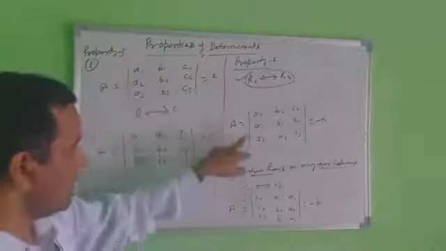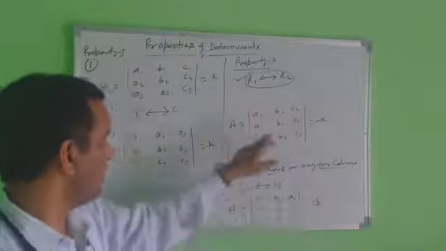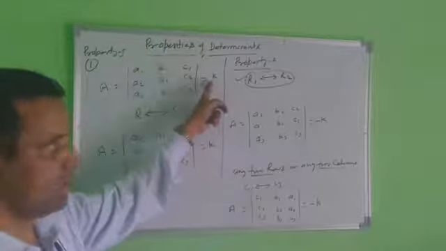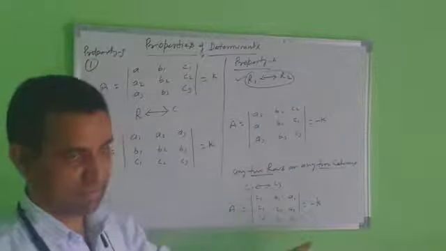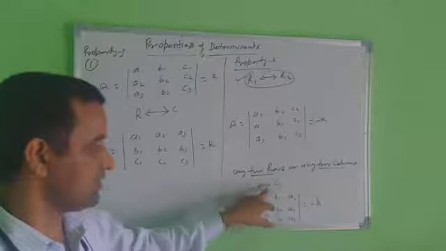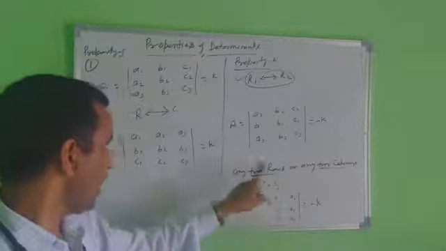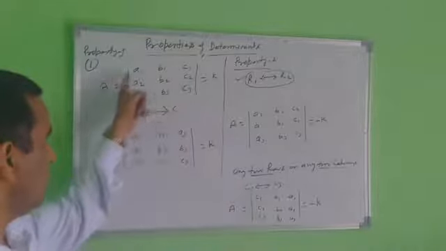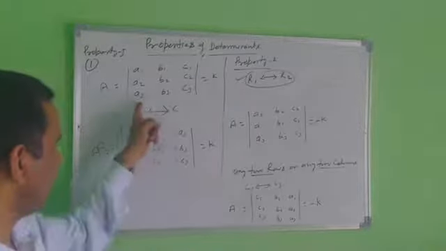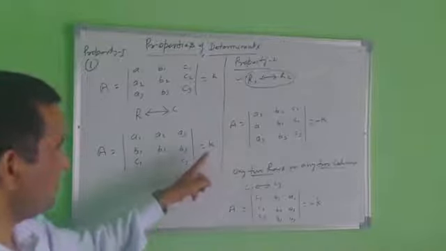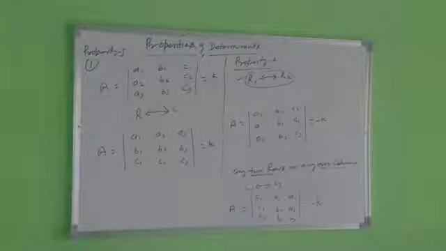When you interchange two rows or two columns, the sign will change: K converts to minus K. The initial value of the determinant is K; after interchanging two rows, minus K; after interchanging two columns, minus K. Any interchange, C1 C3 or C1 C2 or C2 C3, any two rows or any two columns, the sign will change. But when the whole determinant changes, complete R1 to C1, R2 to C2, R3 to C3, the sign will never change. After that, note down the next property, number third.